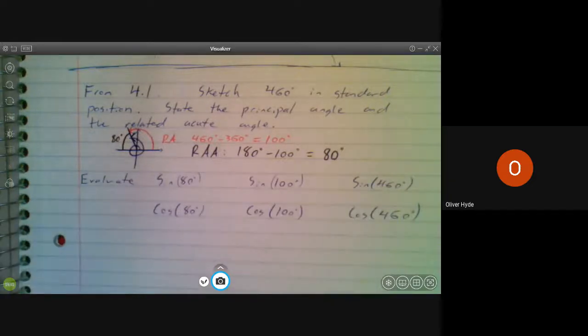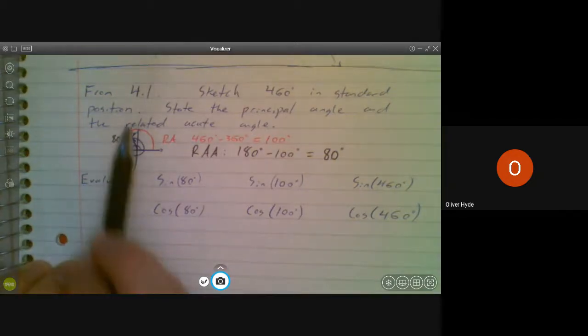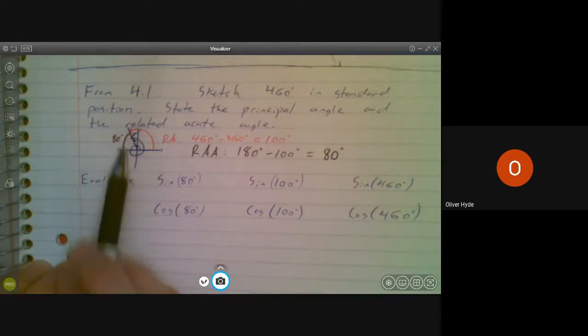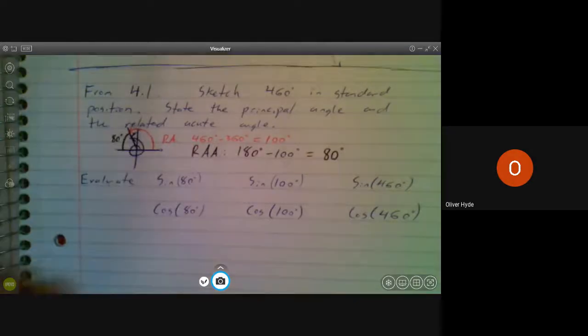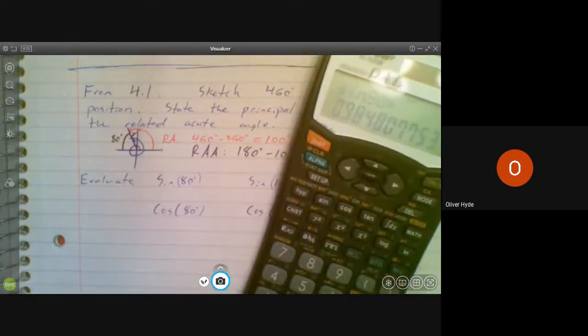When I ask you to evaluate these ratios, let's pull out a calculator to do these. We'll only need a calculator to do 2 of these by the end of lesson 4.2, but we'll just use a calculator for all of them today. The sine of 80 degrees, the ratio of my y value to my r value, sorry, my opposite to my hypotenuse. My opposite is pretty close to my hypotenuse in this case, so I'm expecting a relatively large ratio here. Sine of 80 degrees,